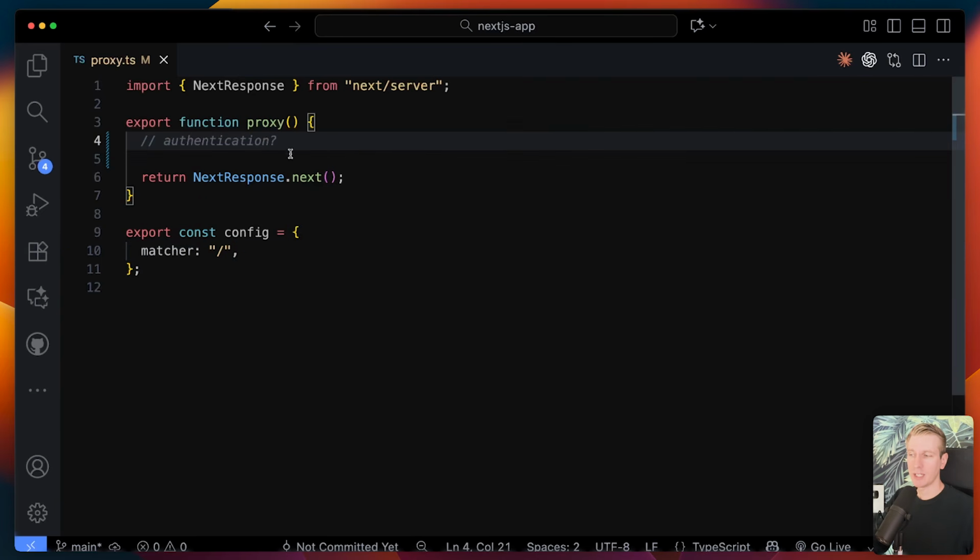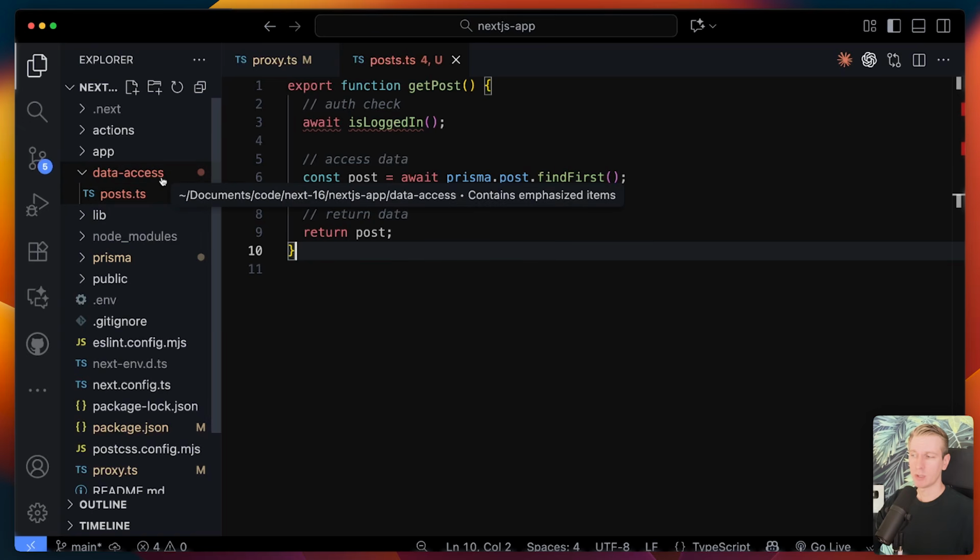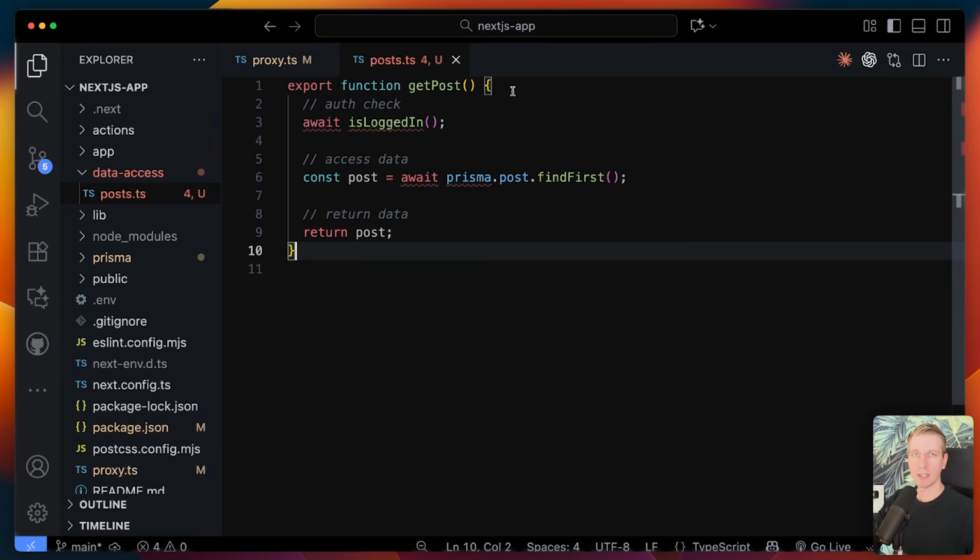So doing the authentication check in the middleware or Proxy here is probably not recommended for any strategy, actually. But then where should you do authentication? Well, I have some other videos on this on what's called a data access layer. So you want to have one dedicated place in your app where you access all the data in your database,